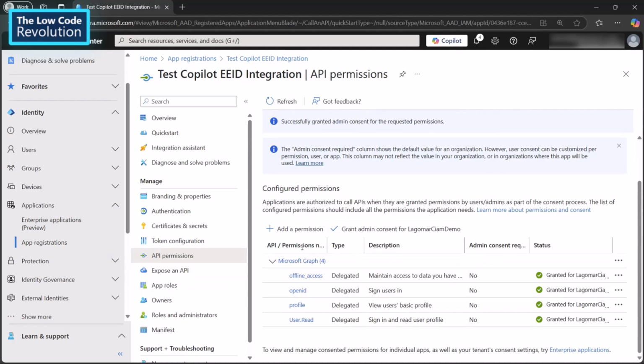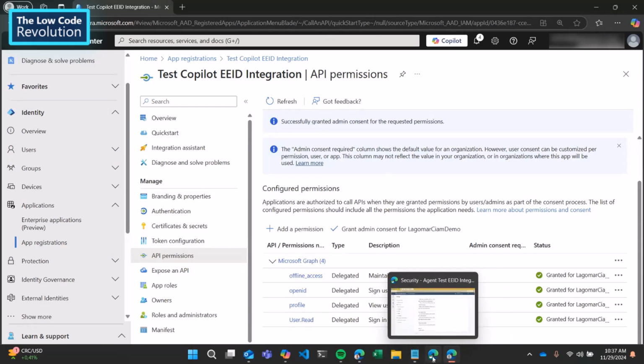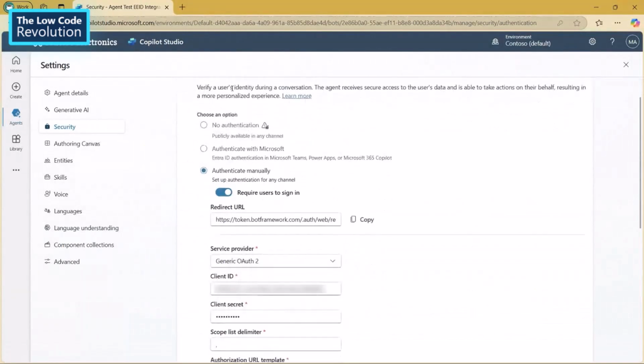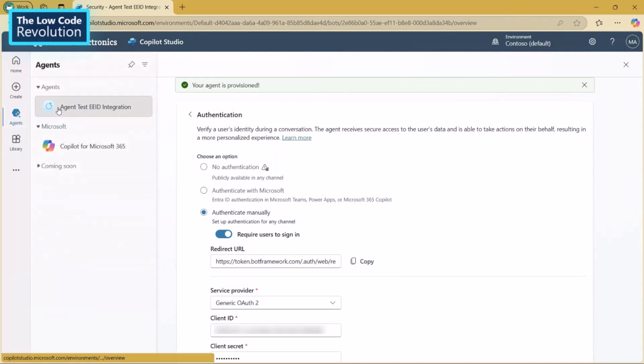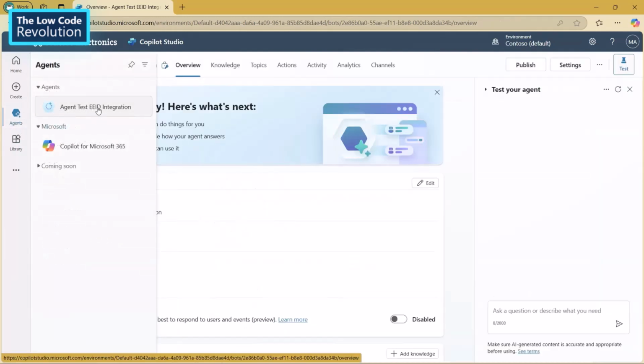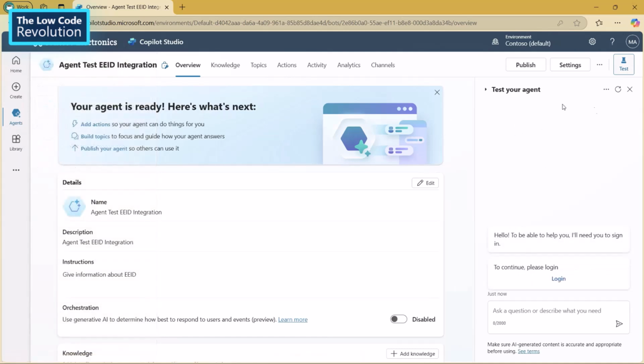Okay. So once I have that, I think I can go back to my agent and give it a try. Let me see if this saved correctly. The agent is provisioned. So I'm gonna go back to agents. Here is my test external ID integration agent. So if you see here at the right of the page, you will find that we have this login button or link. This is because we configured correctly the integration. So now what I'm gonna do is click here on the login button,